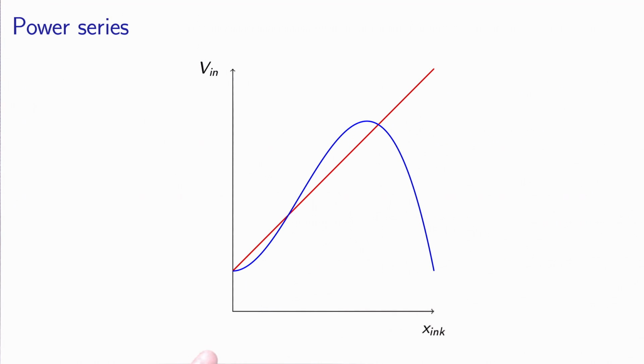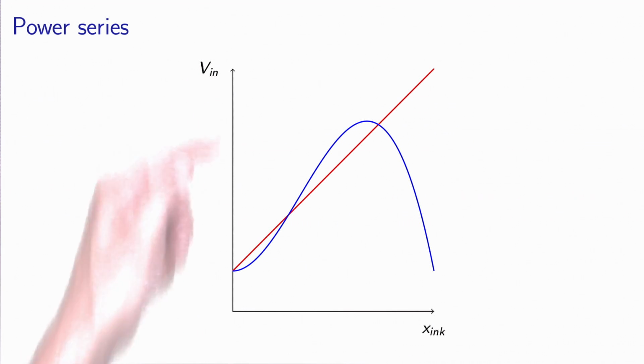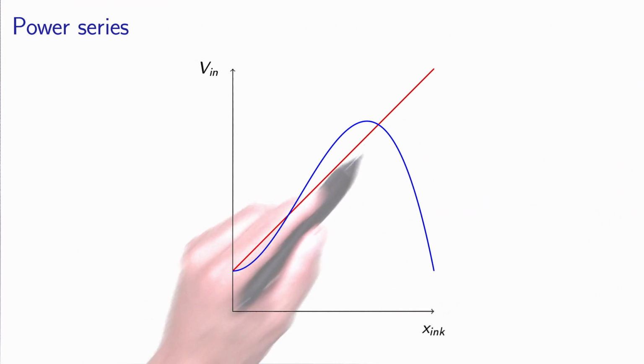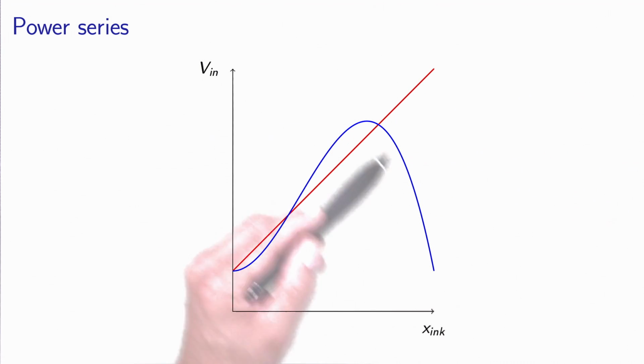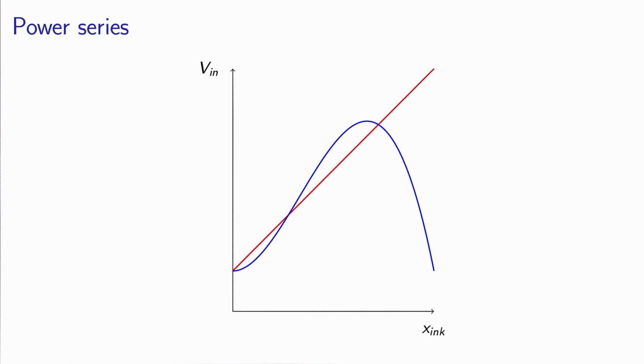So suppose that we have the relationship between the variable x_1k and V_in, the utility. What we do is that we compare the linear specification, which is in red here, with a nonlinear specification which is flexible, which is the power series, which is in blue here. And we will be able to see immediately if we indeed have a nonlinearity in the data or not.